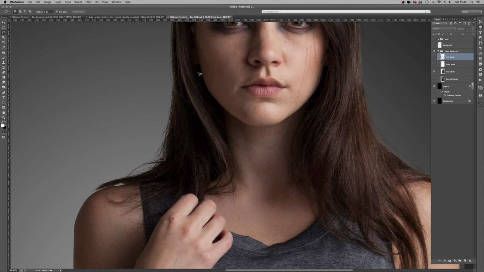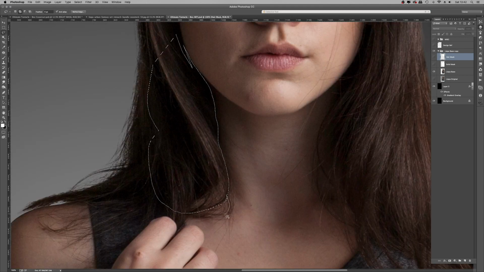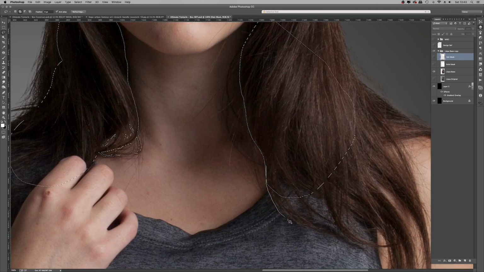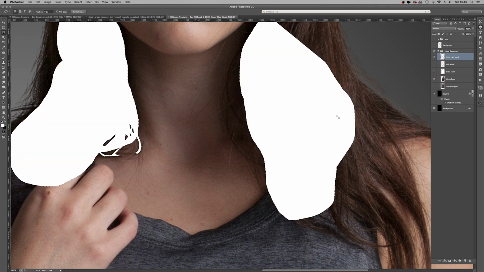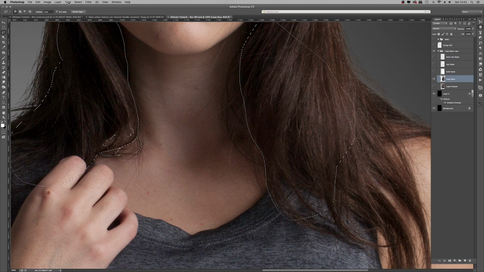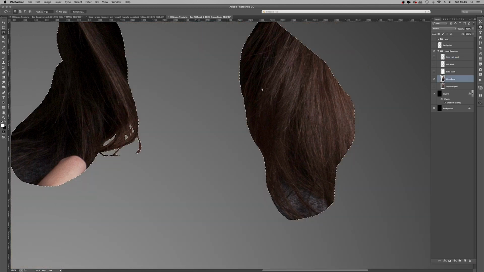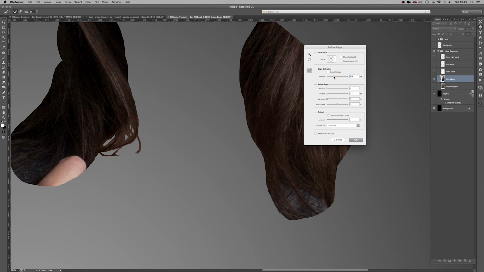Taking a look at the figure here, I'm now creating a selection of the inside hair because I'd like elements to go underneath the hair, so I'd like a selection for that. Same drill as before: freehand lasso tool, fill it with white on a new layer, and then click on the original layer and select refine edge to just pull out some details.